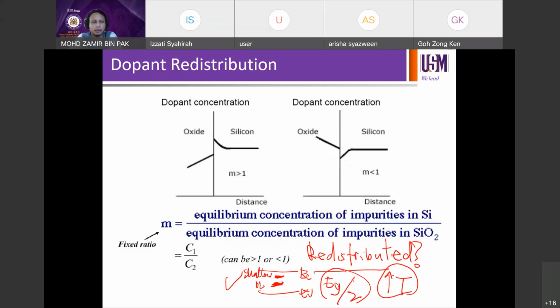Okay, and when we talk about thermal oxidation, we're talking about a high temperature process. Even though you can also have your oxide at low temperatures, you can even have your oxide grown on the bench, native oxide. We discussed 3 nanometer, 4 nanometer of native oxide is also possible. But generally, when we talk about furnace process, then we're normally talking about 800 and above degrees C. Right. So dopant redistribution, you can see now